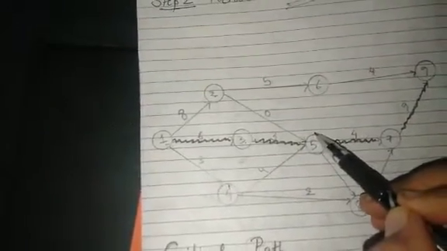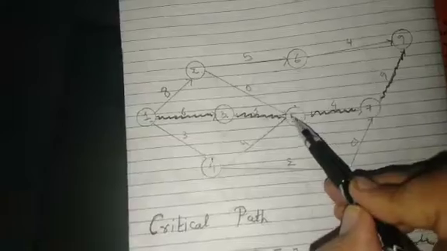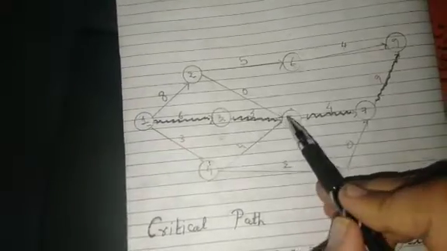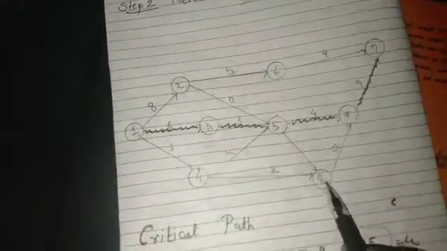From second activity 5 and 6 have originated. From third activity, fifth activity has originated, so you have to just give the joining. Similarly 4 has to join to 5. Now from fourth activity, eighth activity has originated.